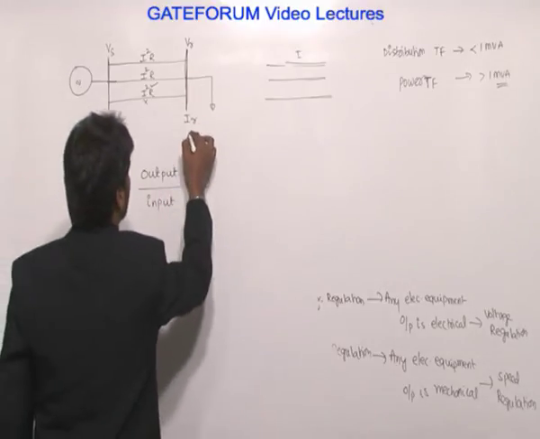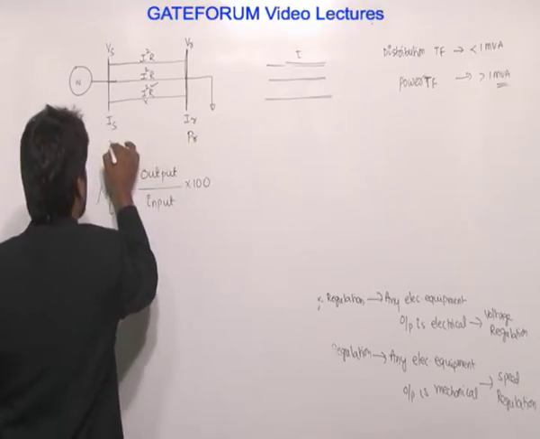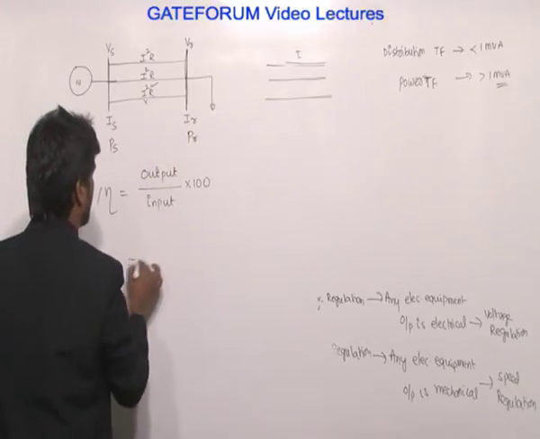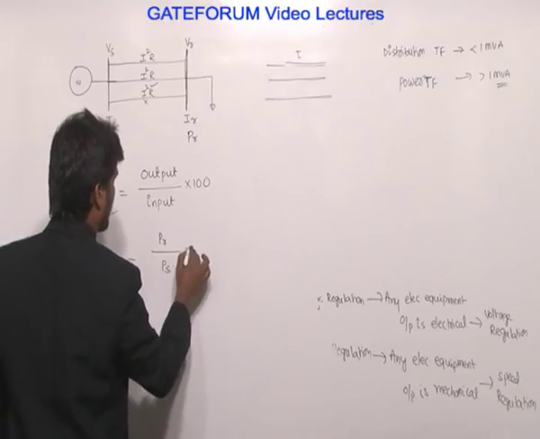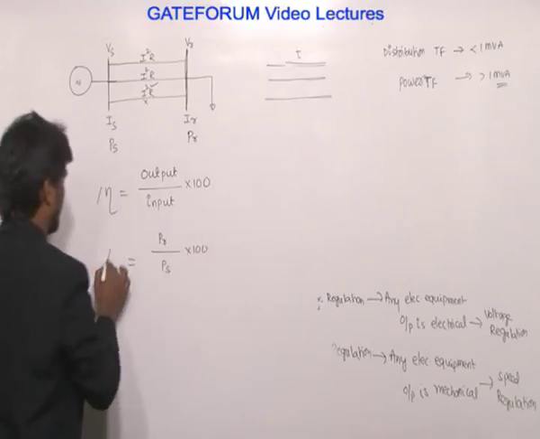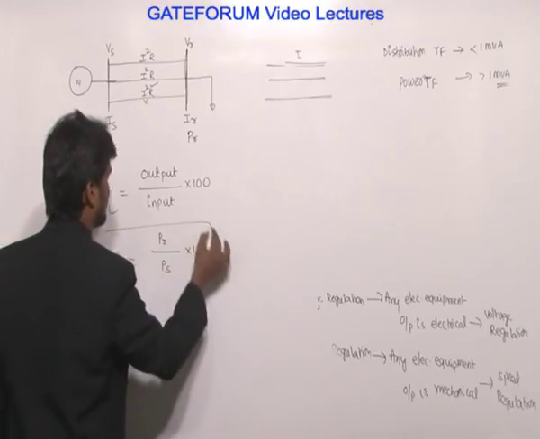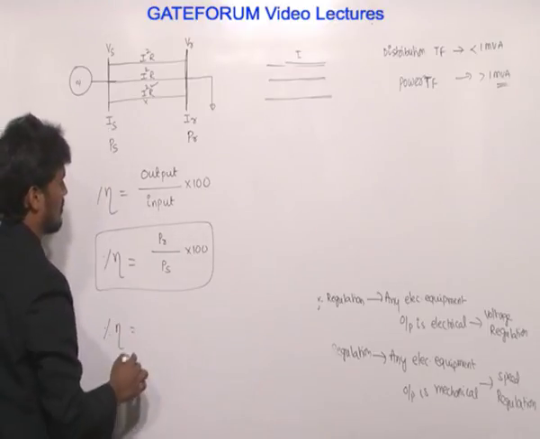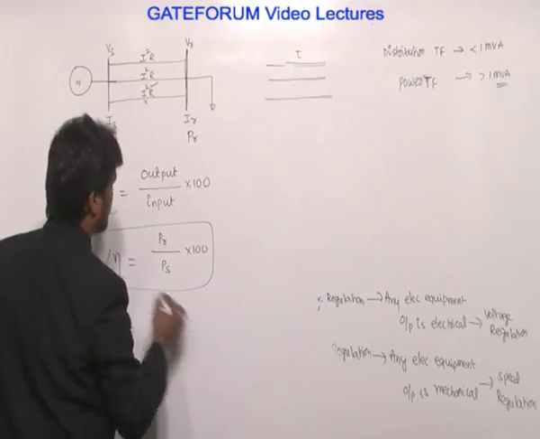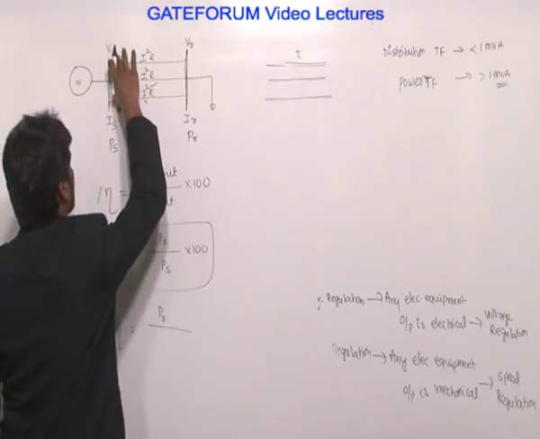Output is receiving end power, PR. Sending end power is input power. Efficiency is output power, which is receiving end power, divided by input power, which is sending end power, into 100. This is the efficiency. Now, percentage efficiency is equal to receiving end power by sending end power, which is equal to